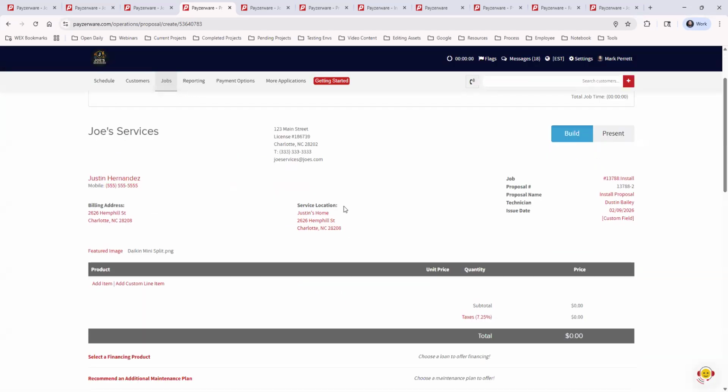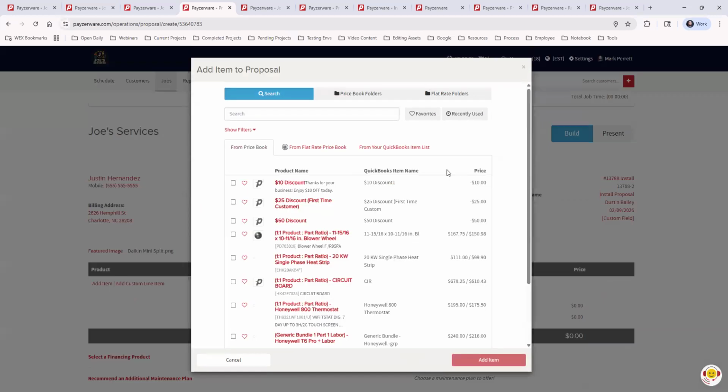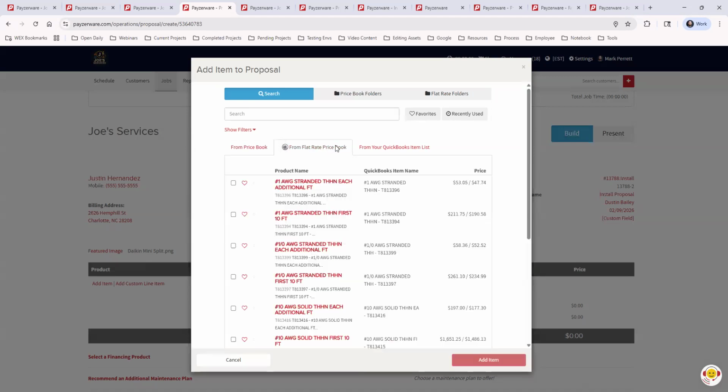And now it's time to add items from our price book. So we're going to click add item. And when you're on here, this will show you your different price books in your system. Everyone has the Firm price book, and that is just your main price book in your system, the WEX FSM integrated price book. Flat rate price book is Profit Rhino if you are going to